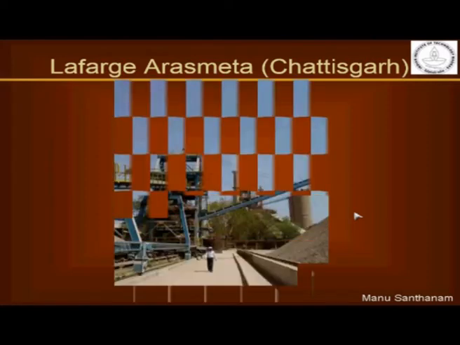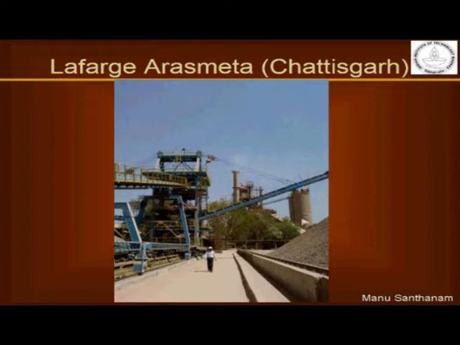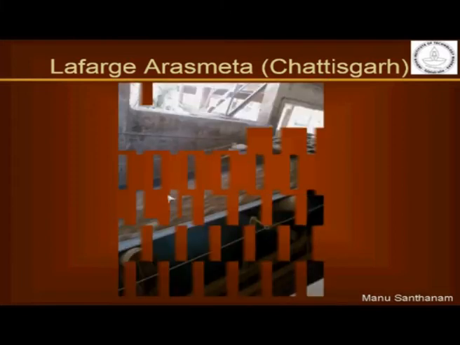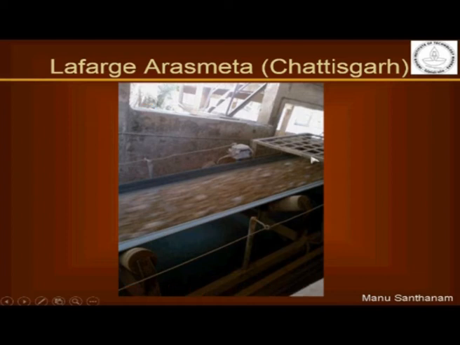You can see here, this is the yard where they stored the limestone. On the right side of this image, you see that there's a heap of limestone which has been stored, and you can also see a large set of conveyor belts all over the place. These conveyor belts are going to take this limestone towards the grinding operation. So you see the conveyor belt now carrying the limestone towards the grinding operation, and so this will go into